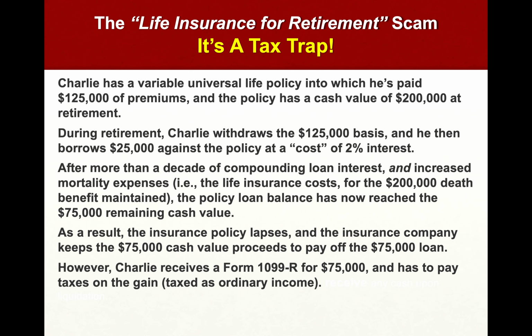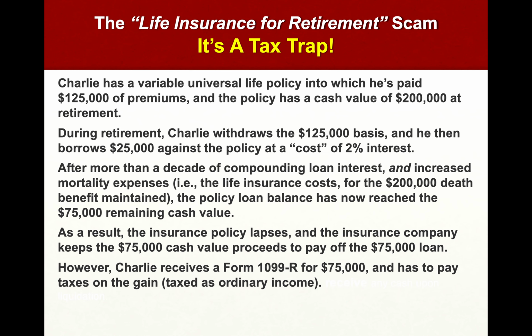He can withdraw the amount of his contributions or premiums, not pay any tax on it, and then he can borrow against the policy. You have to kind of worry what is the interest that he has to pay back into the policy, and he also doesn't have to pay any income tax at that point. But if he does that, what happens is the mortality expenses go up. The amount of money that policy has to pay for the death benefit goes up because the cash value is lower. And the result of this is, as he gets older, basically this life insurance policy is going to lapse.